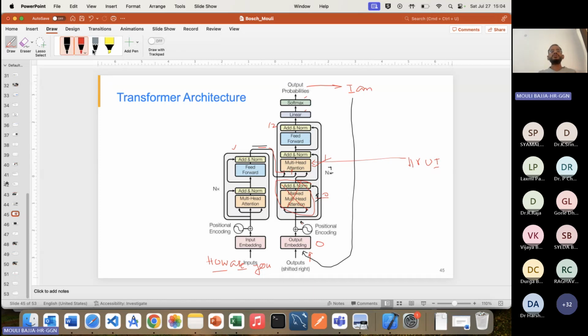Now what happens is that both words, "I am", come here as an input and as this output. "I am" goes here, and suddenly you will notice that in this phase you now have "how are you" and "I am". After that, it again goes through the steps here and spits out the answer: "good".